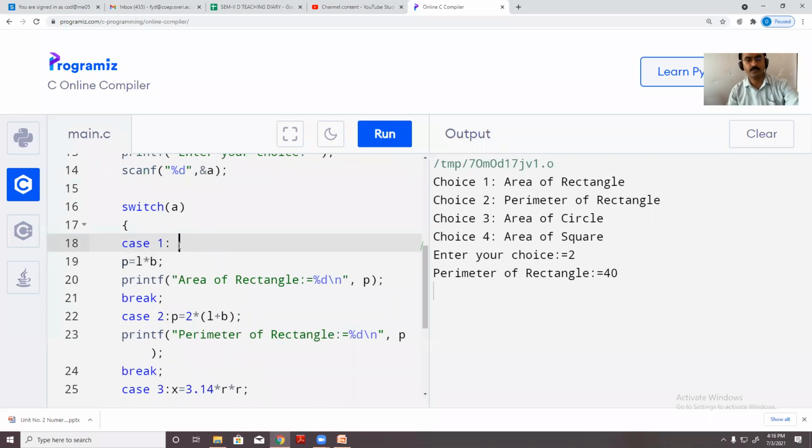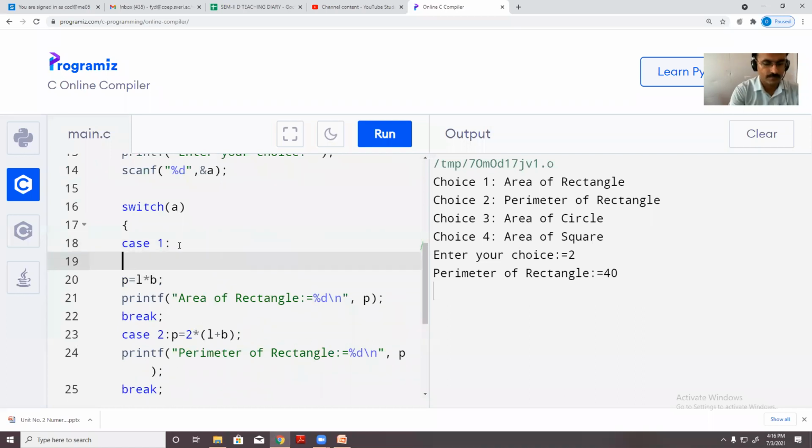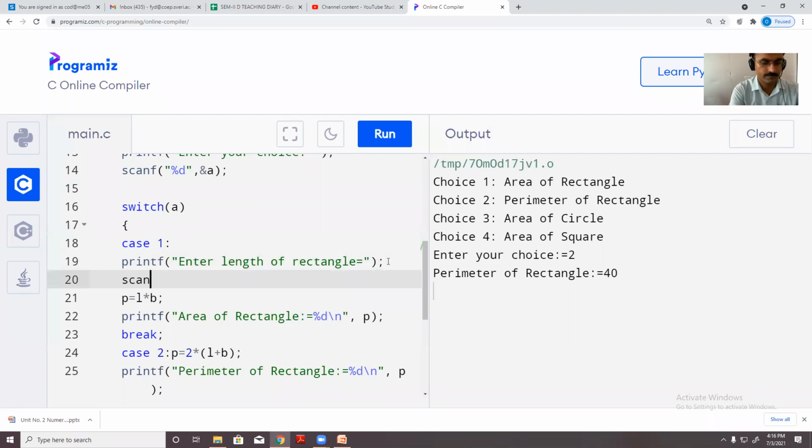When I need to calculate area of rectangle, I will first ask with printf, enter length of rectangle, is equal to, and I'm going to store it with scanf. Here I'm going to use the variable %d.